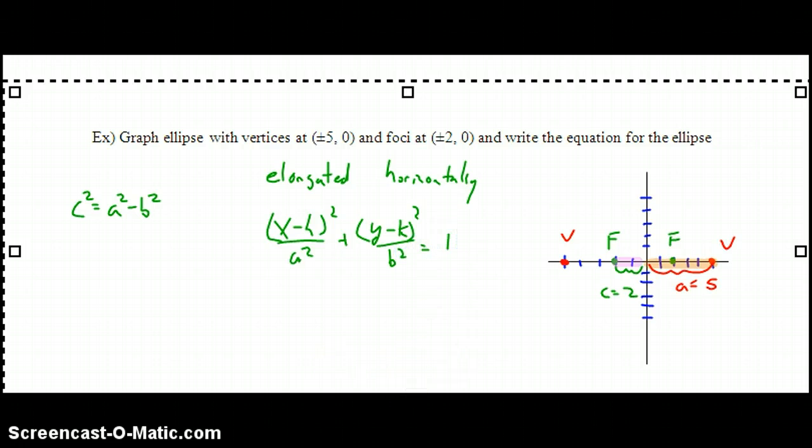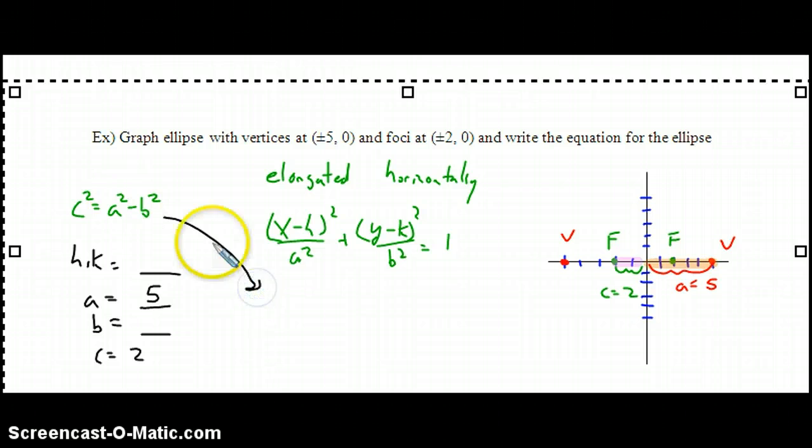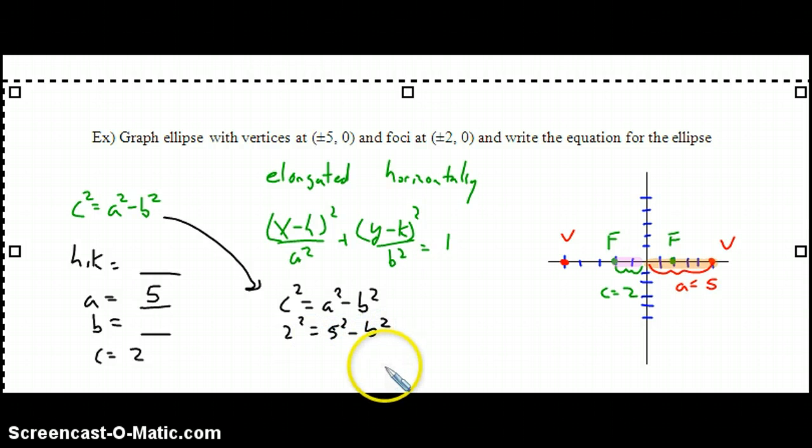And the things that I need to know to be able to write this, I need to know my center, I need to know my a and my b, actually to write the equation, not to graph it. So my a value is 5. My b value I don't know, but I do know c is equal to 2. So let's plug that into this information here and figure out what b is going to be. So c squared equals a squared minus b squared. We would have 2 squared equals 5 squared minus b squared, and we'll pick it up in the next